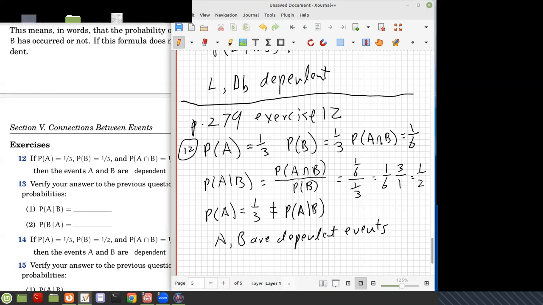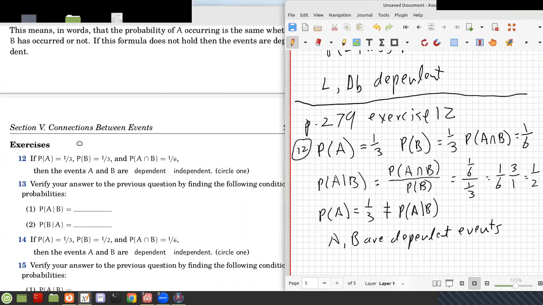So that means that knowing that a dependent event has occurred gives you information. There's an interaction between the two, in the sense that knowing that B has occurred has told you something about whether A occurs. It's increased the chances that A occurs. Okay, so let's go on to the second one,